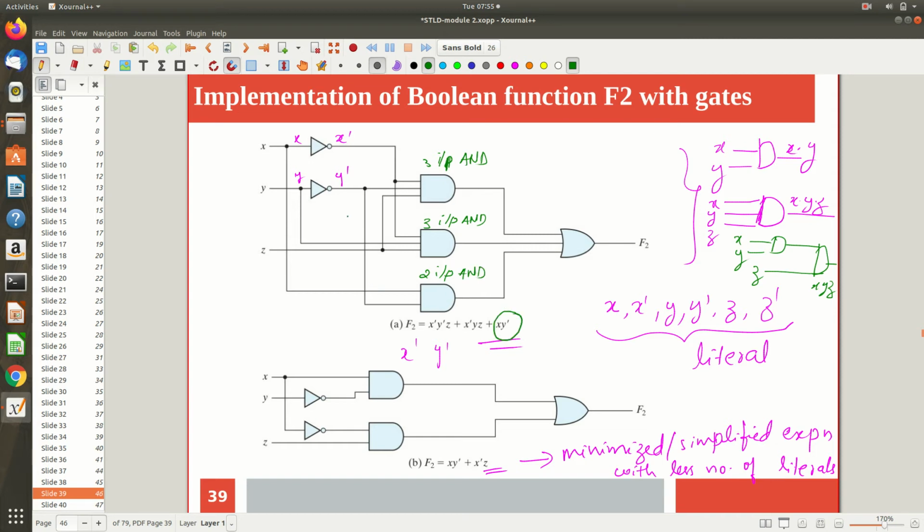One of the inputs is taken from the y dash line, a connection from there, and the other is x. So this is x y dash, and here I am getting the output x y dash. Similarly, you verify the other cases, and finally F2 is generated.